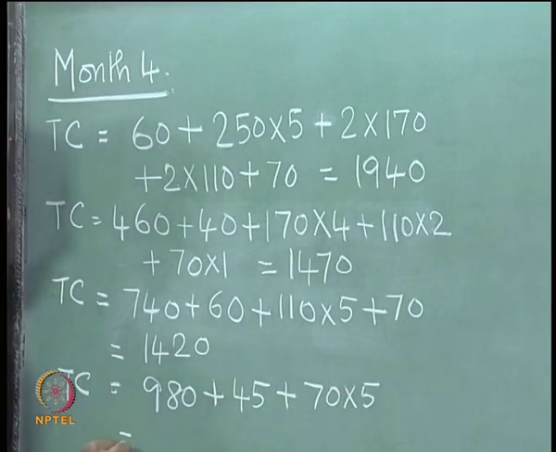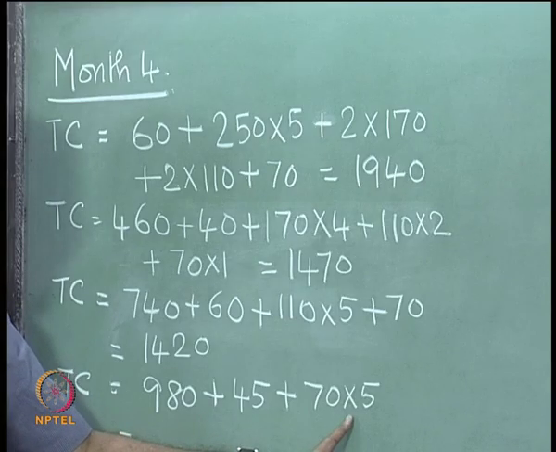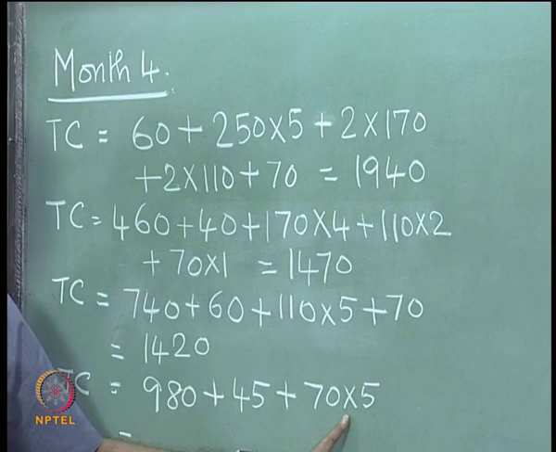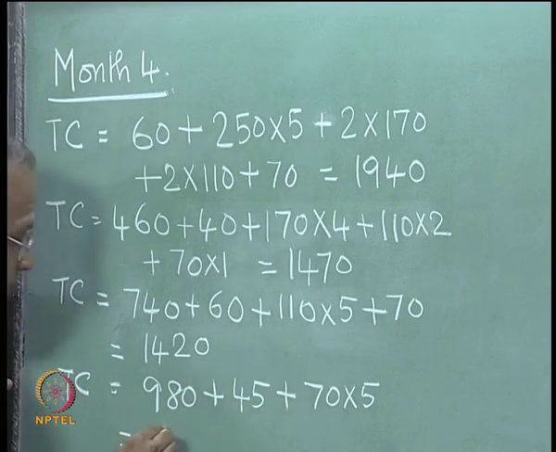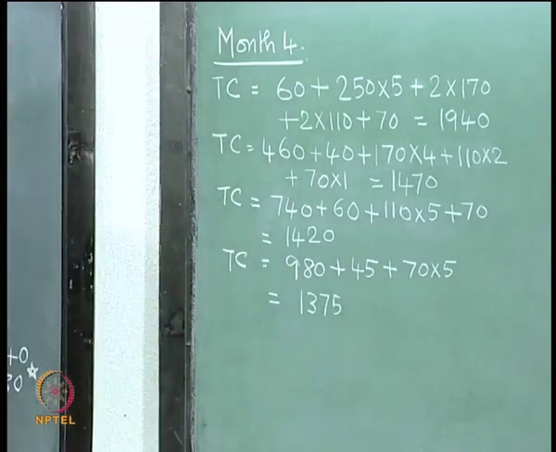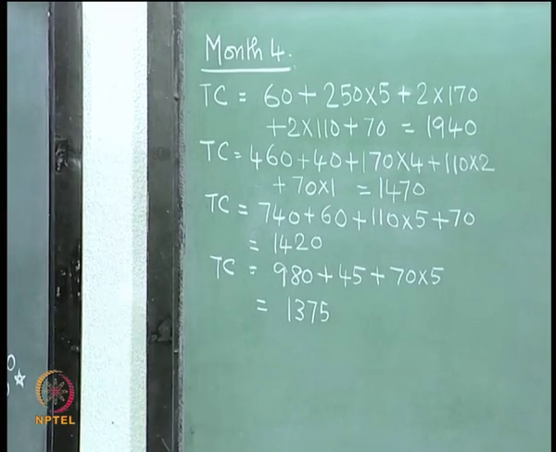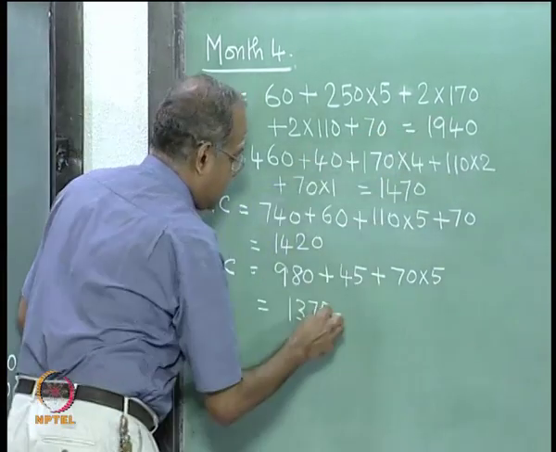There is no inventory involved. So, 980 plus 350 is 1330 plus 45 is 1375, which is the optimal one for this. So, out of these 4, the cheapest is